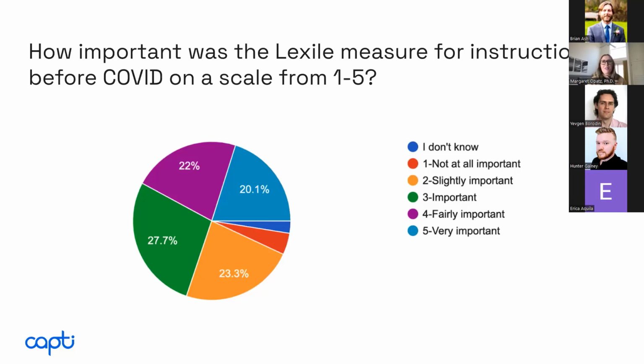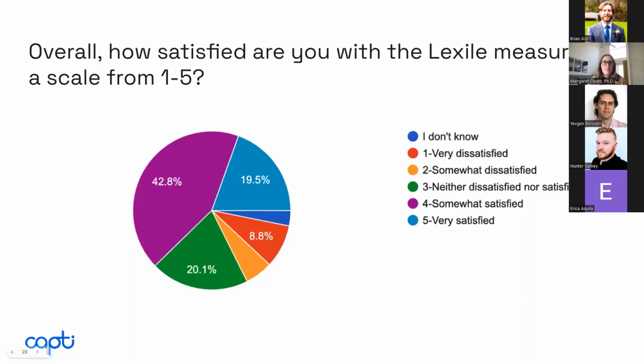Some other educators also mentioned that it's really just that measure of linguistic difficulty for the text. So when they use Lexile, they're interpreting it very carefully to say that these are the linguistic features of the text that students can comprehend. So they wanted to just make a note that we're looking at linguistic features. So it's sometimes difficult to suggest that reading comprehension should be judged purely based off of Lexile, which I think is an important point. The next thing that we asked teachers was just about their satisfaction, how satisfied they were